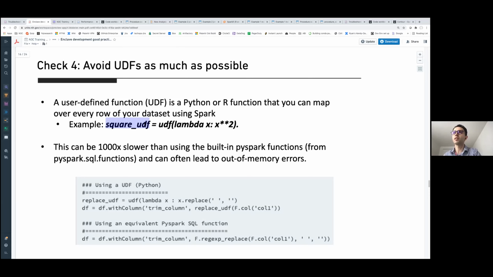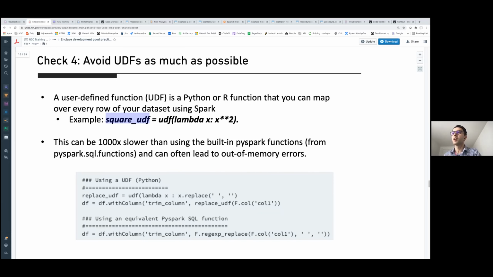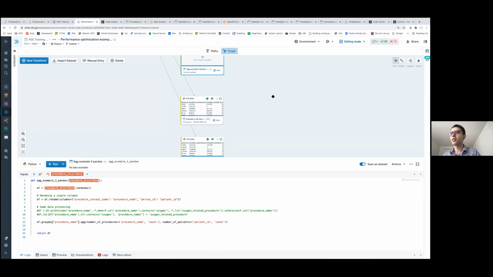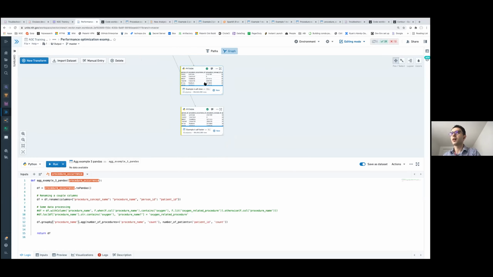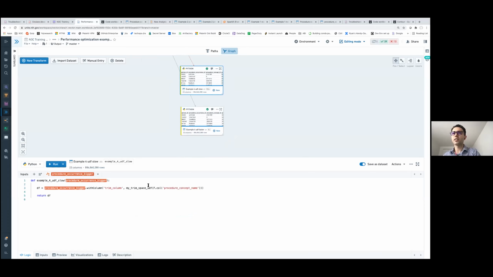So instead of defining your own UDF to do these types of transformations, you should check out the PySpark or SparkR libraries for equivalent functions that could do the same job. An example here that I'm showing in this code is using Python.